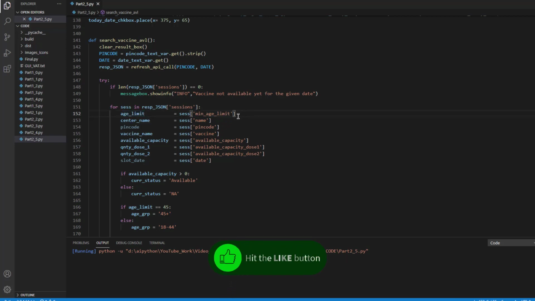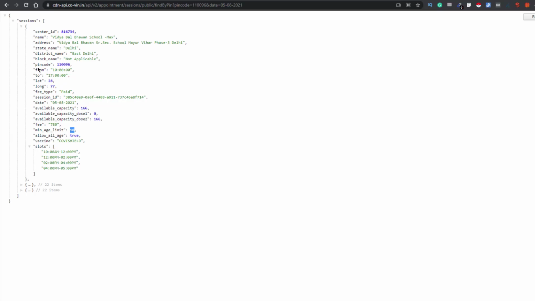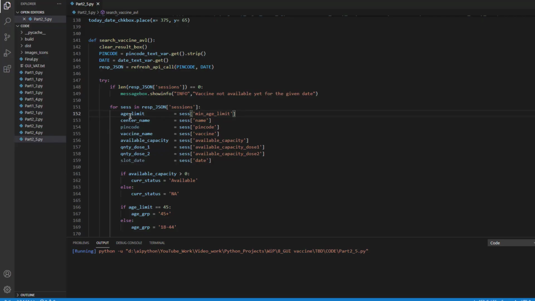It is like a dictionary. I mean, if you know how to extract the data from JSON, it will be very easy for you. In case you're not, try to understand it like a Python dictionary, where you ask for the key and in return you get the value. Similarly, it is happening here also. I'm giving the key, which can be any key, for example, fee. Fee will be the key, and the return value will be 780. So if I give here fee, then the return value will be 780, which is stored in this one, just for example. Okay.